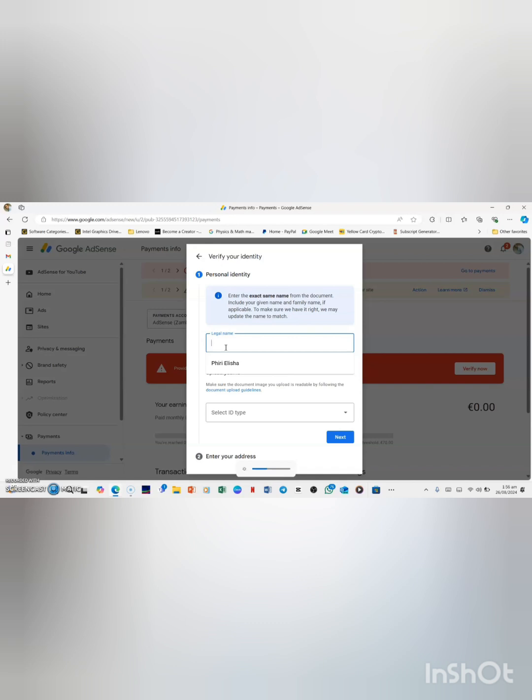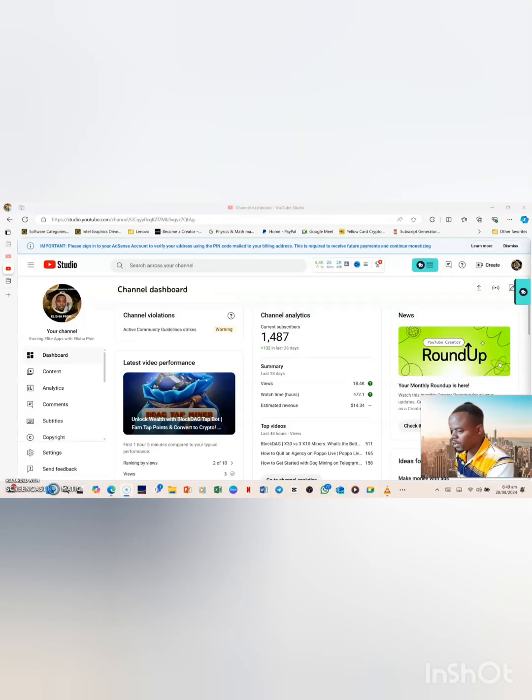And then after I'm done with this part, I will need to select the type of ID with which I'm going to get verified, the one with the name which matches the one that I'm going to upload there. So after you're done with all these, you will get back here. Okay, so the last segment is the segment where you need now to deal with the verification of your